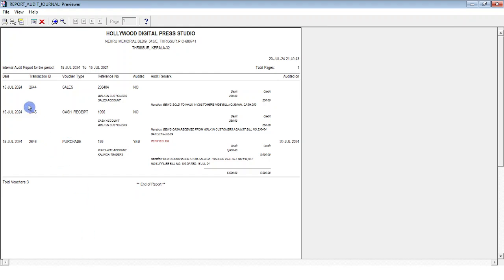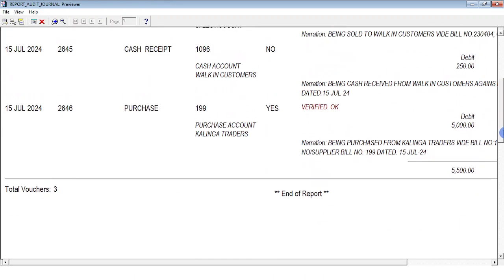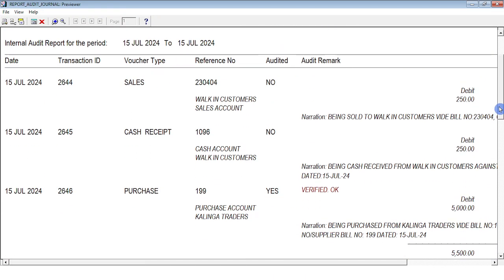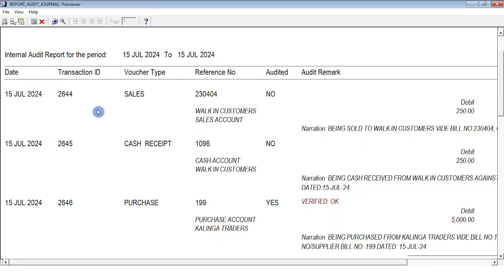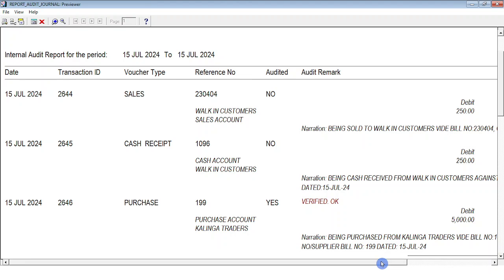there are 3 vouchers during this date range we have selected. The system will display all the vouchers, journal entries as well as narration, and all the information on the screen, along with the auditor's comment also displayed here. Here we can see on 15th July, transaction ID number 2646,